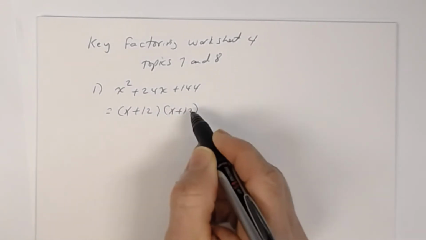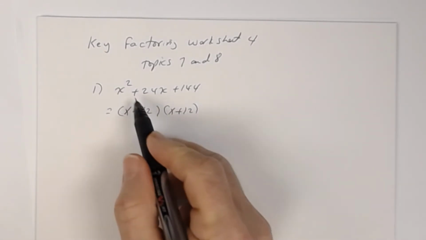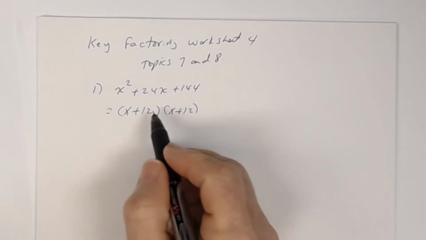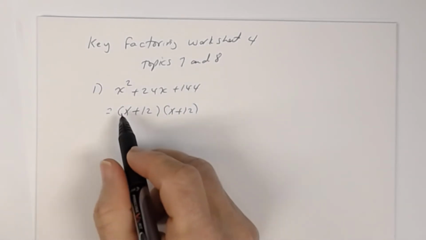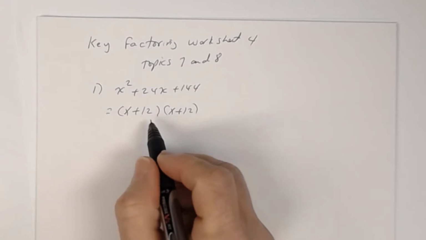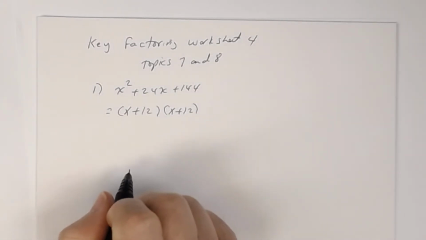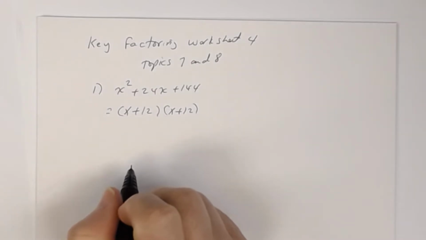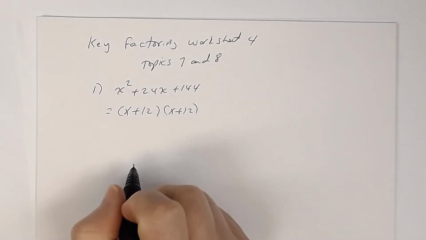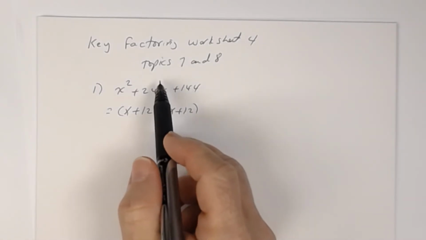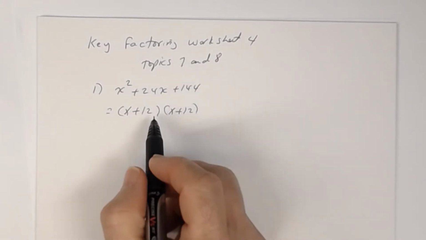And you can check it and you'll notice that x times x is x squared. 12 times 12 is 144, and the outer is 12x, the inner is 12x. You add them up, you get 24x. But what I wanted you to understand, in this particular worksheet on topic 7 and 8, is that